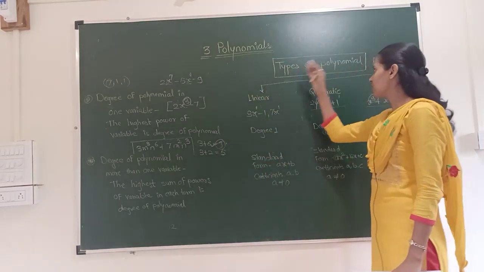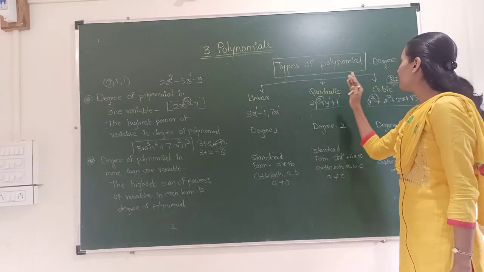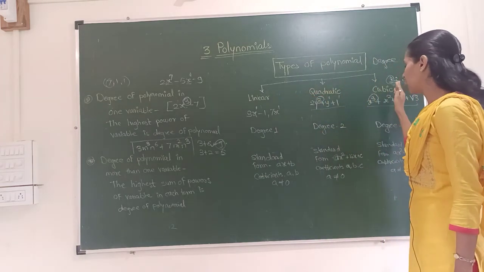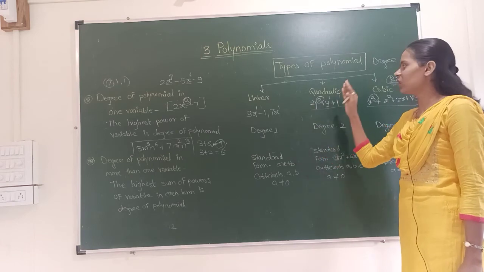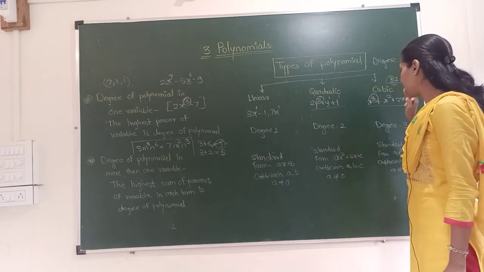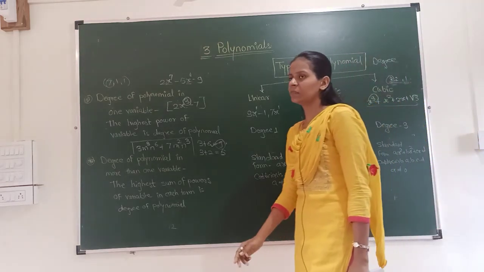And after that, we have seen the types of polynomials by degree, that is linear, quadratic and cubic. Linear having degree 1, quadratic having degree 2 and cubic having degree 3. Write down